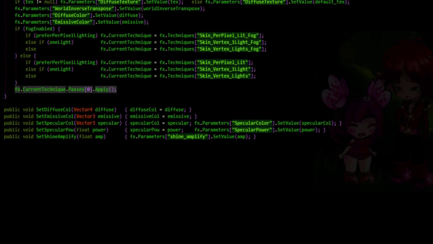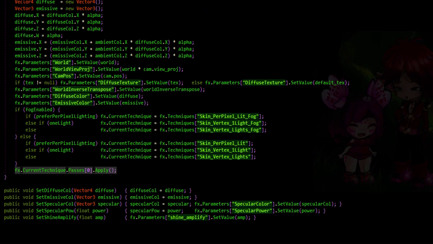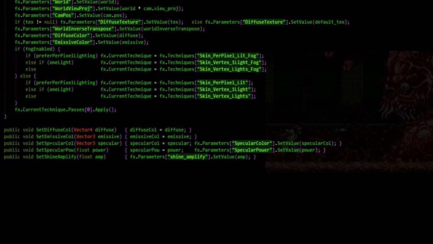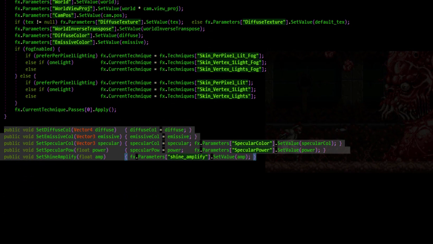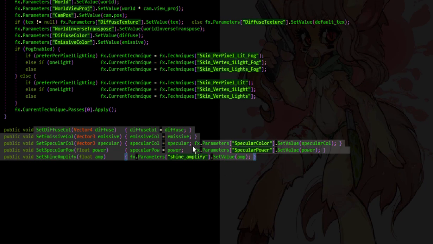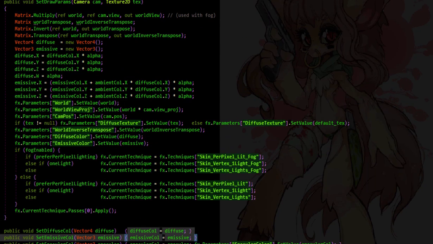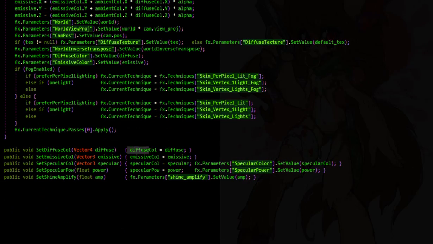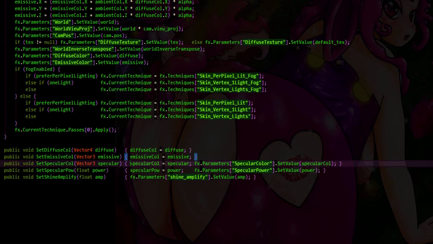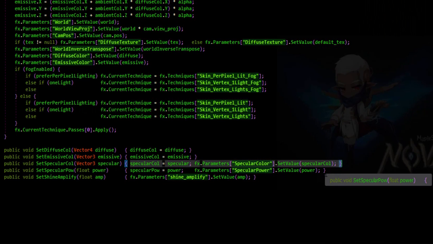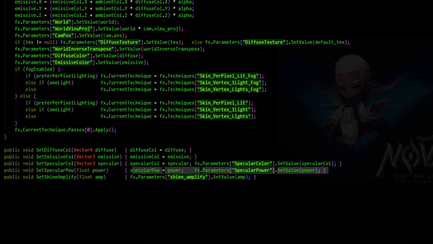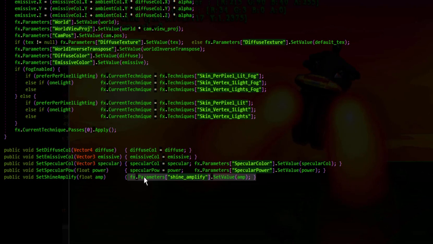Then we apply the technique, and then it does the actual drawing. So this would be done right before we do our draw primitives. Here we have some other parameter setting methods that allow us to just directly change those parameters. Since these are actually set already every frame in set draw params, this just updates these values inside this module. In the case of specular color, we're going to change it right on the card, and same with the specular power. For shine amplify, I'm not keeping track of it in this CS, so it just changes that value directly here. So we'll go into Game 1 and find out how we can use this with the model class.